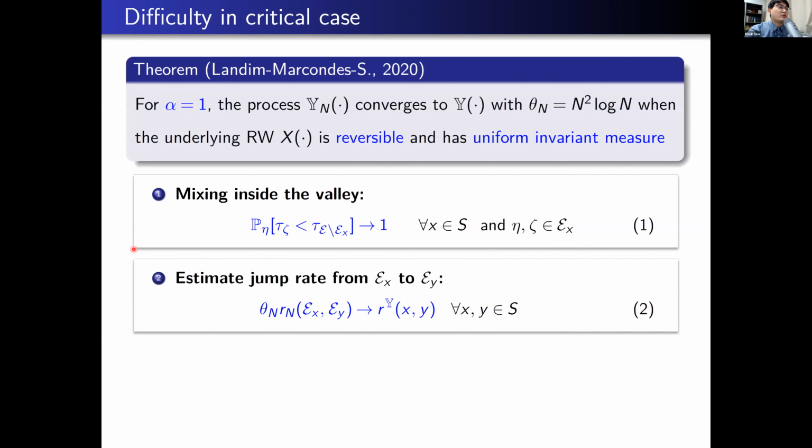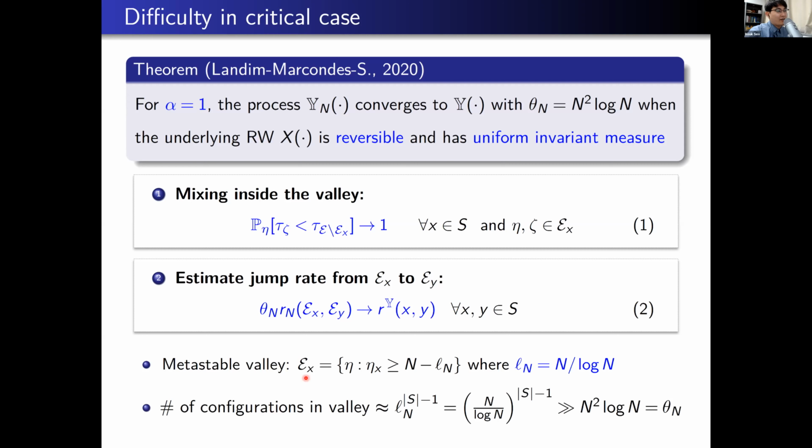Recall these two main ingredients in the proof of the supercritical case. And now I'll explain why we cannot have this strong mixing property which holds for the supercritical case. The reason is very simple. In this case, the metastable valley is defined as the configurations with n minus l_n particles at site x. Here we should take l_n as n divided by log n or something like that. It should be very close to this number.